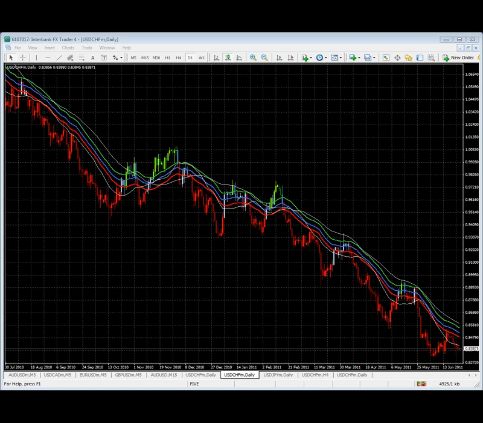Identify where the resistance is in a downtrend. Identify where the support is in an uptrend, and then set up your trade. Now, the idea of identifying where the resistance is in this downtrend in terms of the dollar Swissy is an